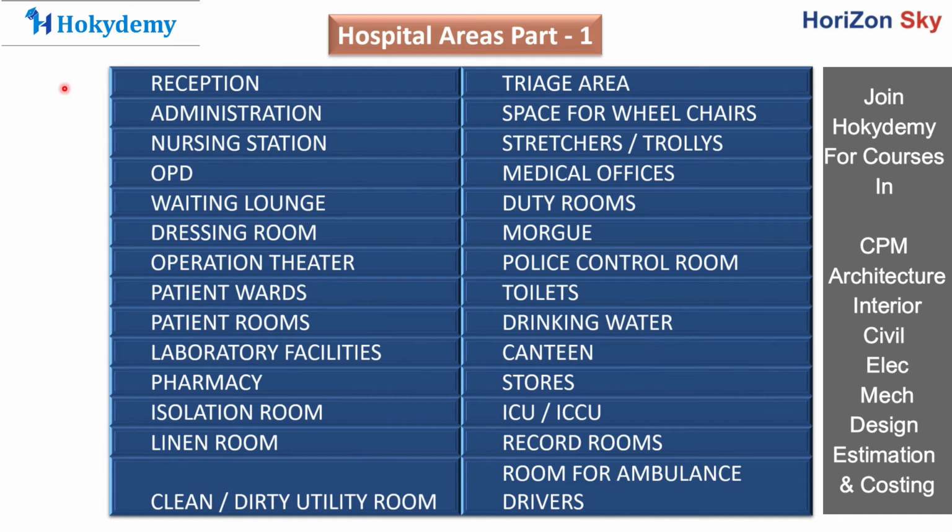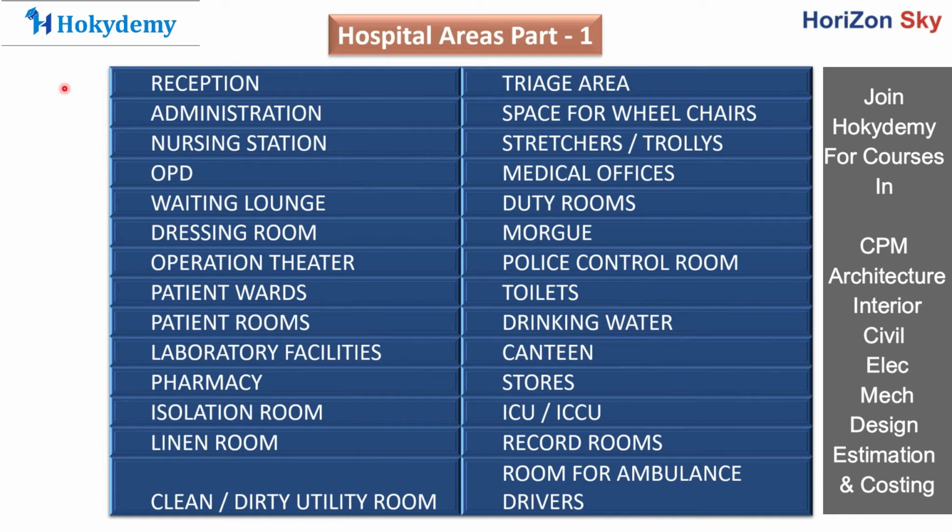Canteen will be there. Different kinds of canteens will also be there in the hospital. One will be a general canteen for the visitors or the family members of the patients who are admitted. One canteen will be there where exclusively food for the patients is being prepared. That is, a specialized kind of food that is to be provided to the patient is prepared there. One canteen will be there for the doctors and the nursing staff. The nursing staff and doctor canteen and the visitor canteen might be common. It depends on the type of hospital.